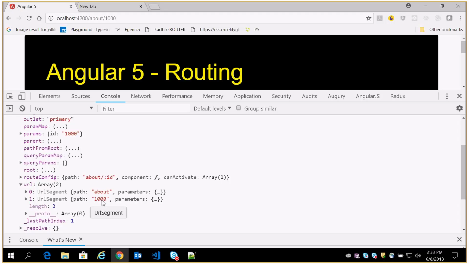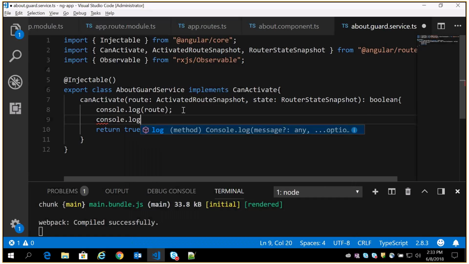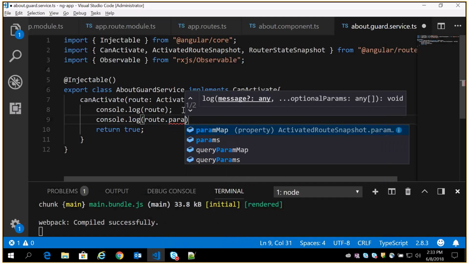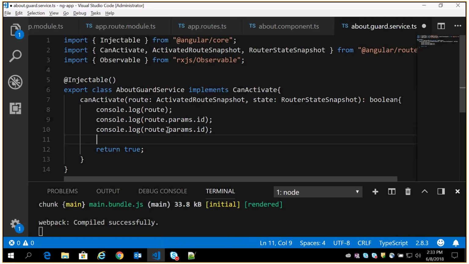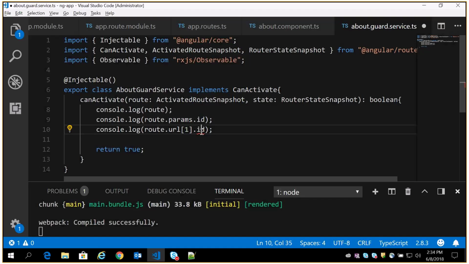So using two ways we can access it. For example, console.log route.params.id. This is one way. The another one is route.url of first index dot path. In both the ways I can access that route detail.